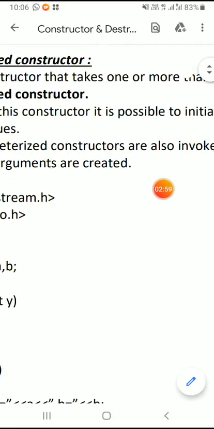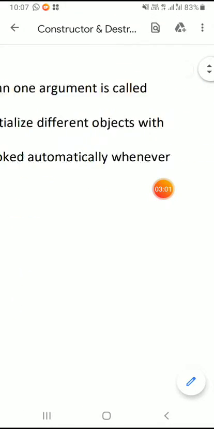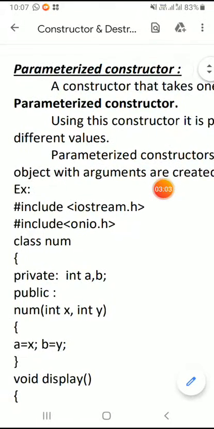Parameterized constructors are also invoked automatically whenever an object with arguments is created. In the case of a default constructor, we should not pass any argument while invoking it, but in the case of a parameterized constructor, it is necessary to pass arguments. You know what an argument and a parameter are.